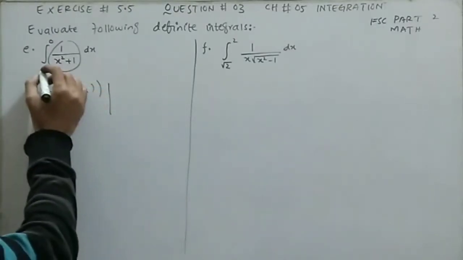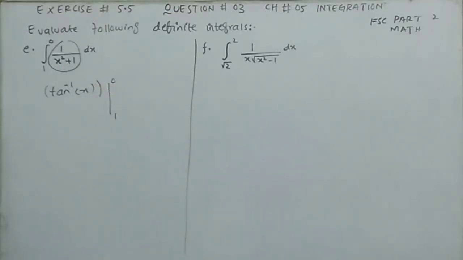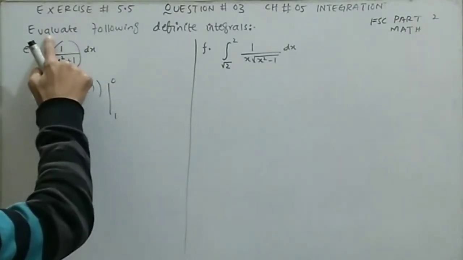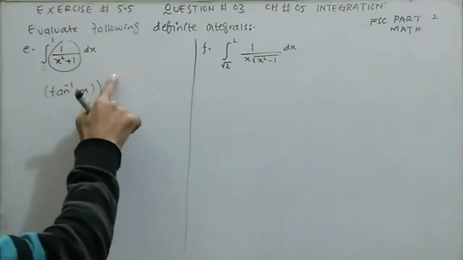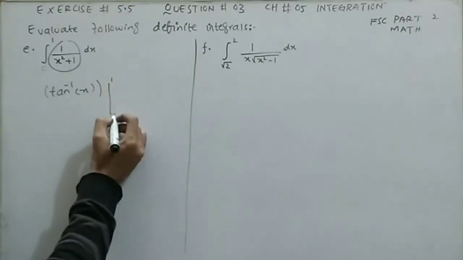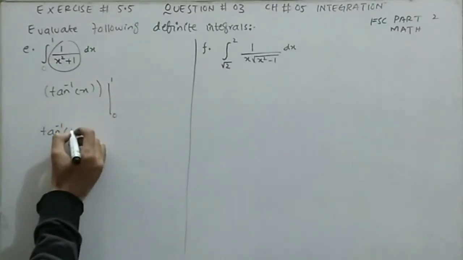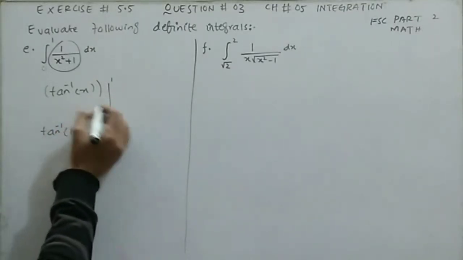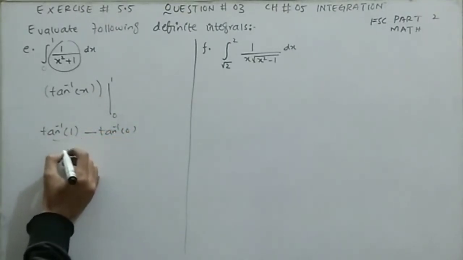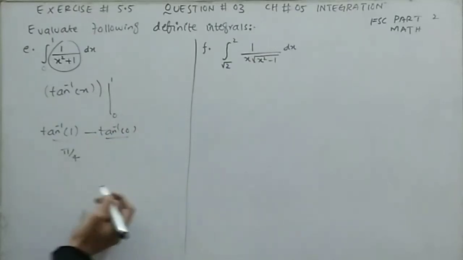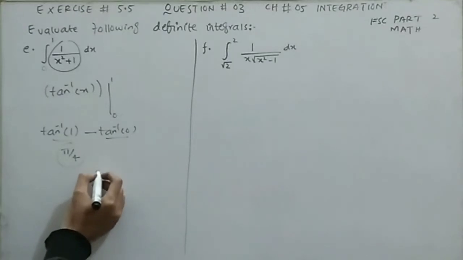Now applying the integral from lower limit 1 to upper limit 0. Now over here remember the upper limit will always be greater than the lower limit. So the upper limit will be 1 and the lower limit will be 0. So by putting 1 over here for x, it becomes tangent inverse 1. Then insert a negative sign and put 0 over here. Tangent inverse 1 is always equal to pi by 4. Tangent inverse 0 gives us 0. So the required answer in radians is pi by 4 and in degree format this will be equal to 45 degrees.